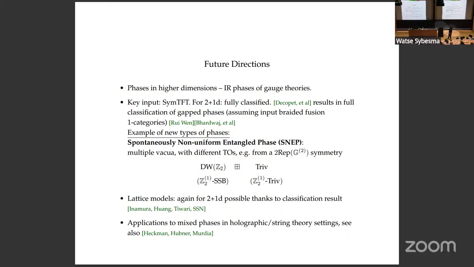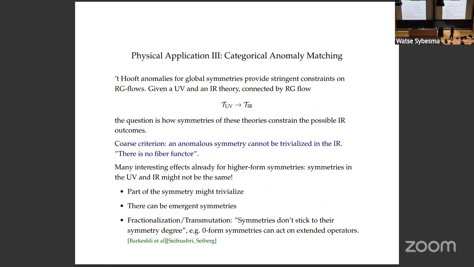could be a vacuum structure for a non-invertible symmetry where you have two sort of universes. They're exchanged, so they're partial SSB phase, but then each of these has a different topological field theory in it. So you have two vacua, SSB phase, but each vacuum has a different TQFT. So that's a very exotic kind of phase that hadn't been seen before, and it's interesting to study what these could be used for. Okay, so let me head to the third application, and this is something that I think